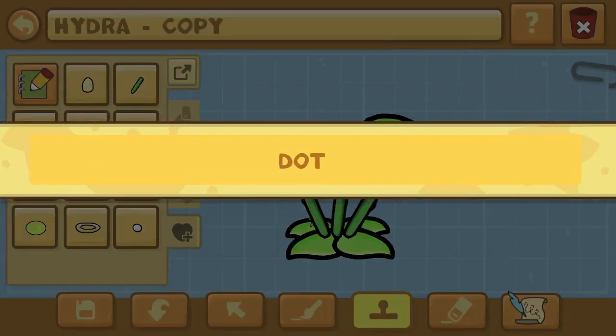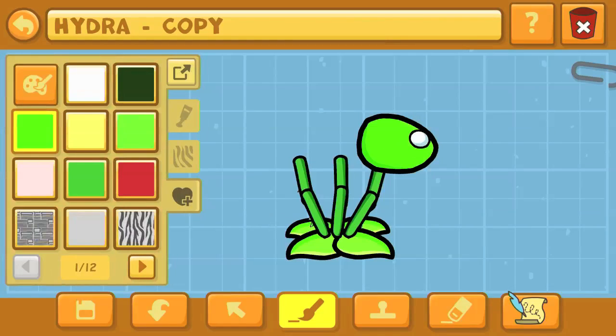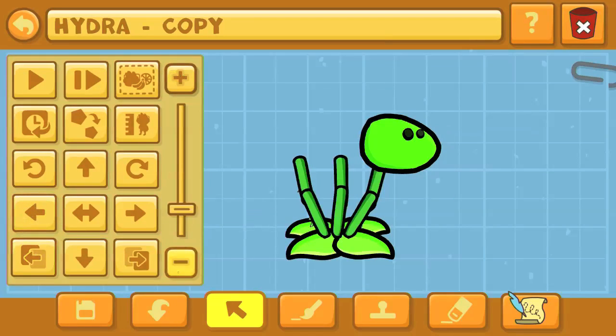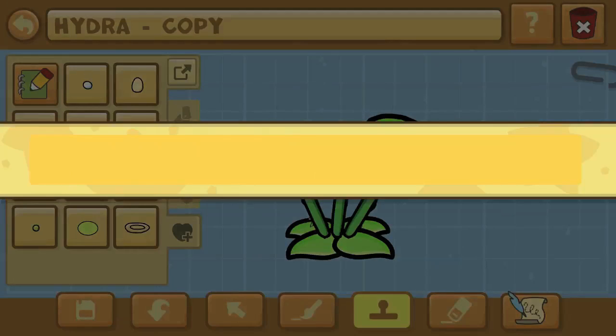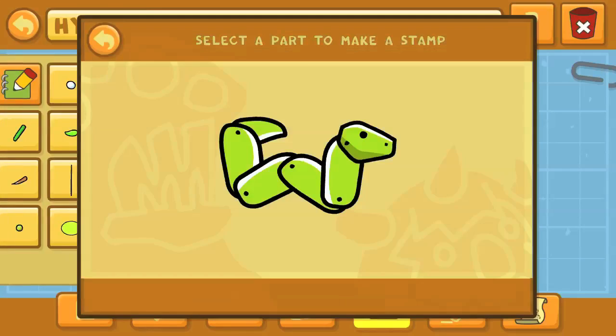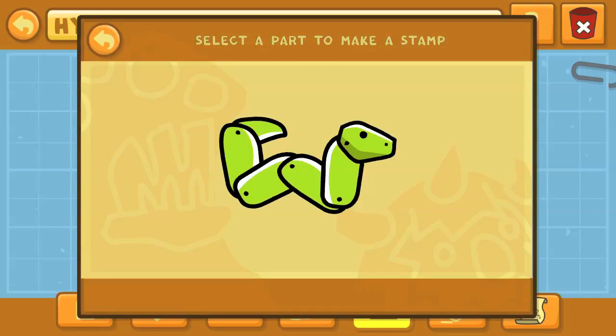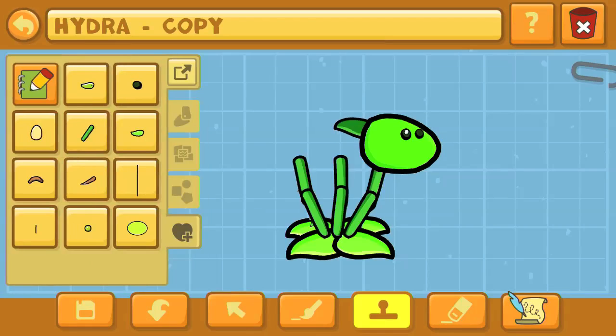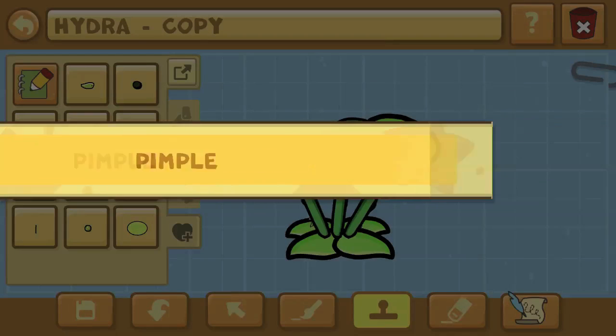On this particular head that you see me working with, I put down an egg, and now I put down a dot for the little eyes. This is going to be just like creating the pea shooter head from my first episode, so I'm basically using the same stamps for the most part. A snake is going to be for the leaf on the back. It's almost like it has hair, a leaf piece right there on the very back of its head. Pimple is what I'm going to type in, because we have dot three times,